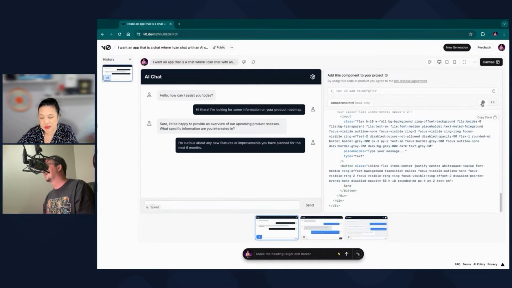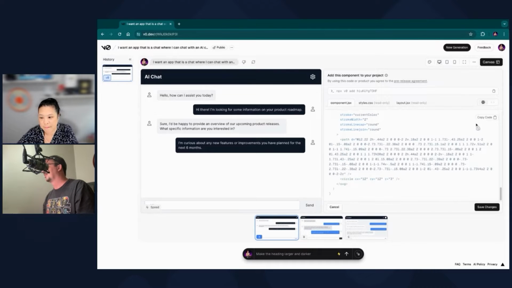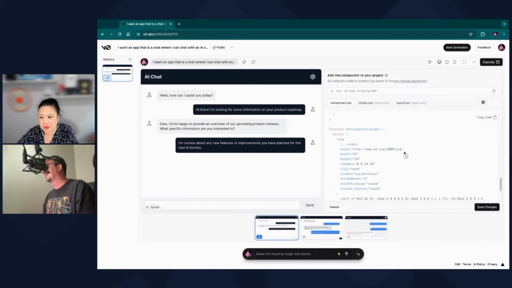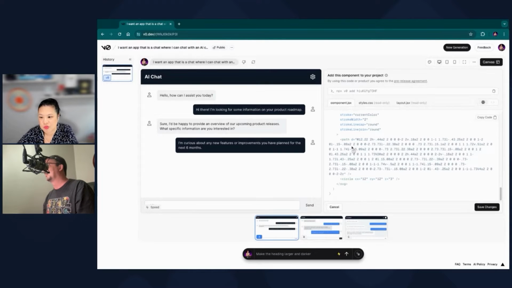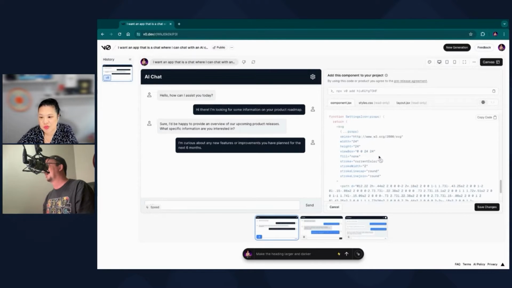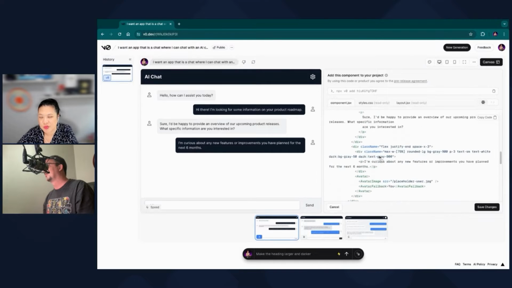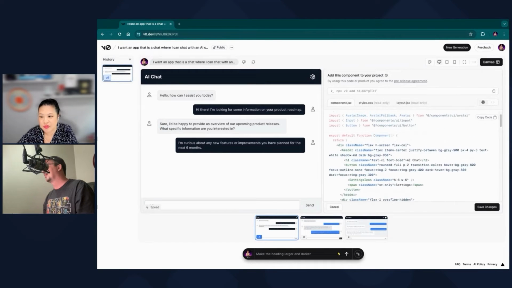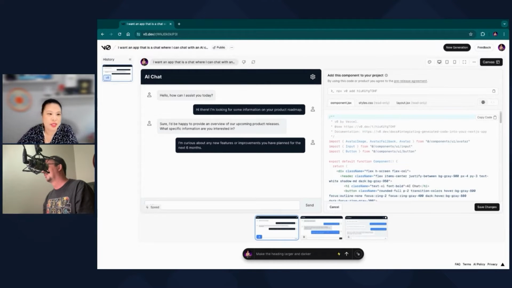What is this? Okay, and obviously you can just get the HTML. I see. So there's no TypeScript, but we can fix that. And then what is this? The settings icon. It actually generated the settings icon, which is kind of amazing. Okay, cool. I've got no issues with this. It seems okay. All right, let's dump it in.